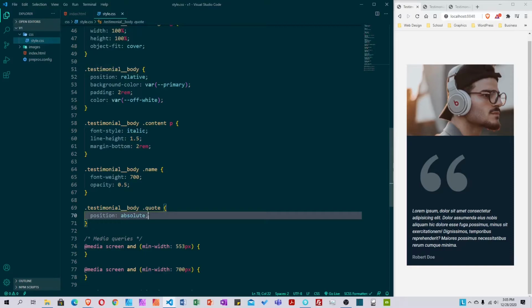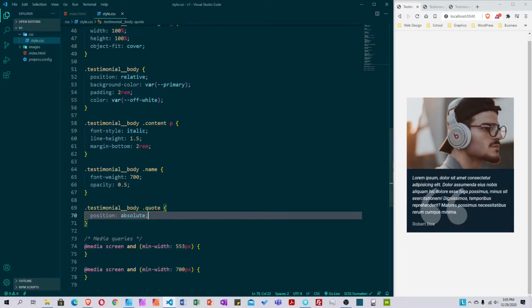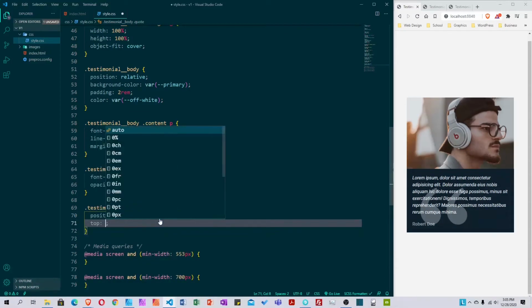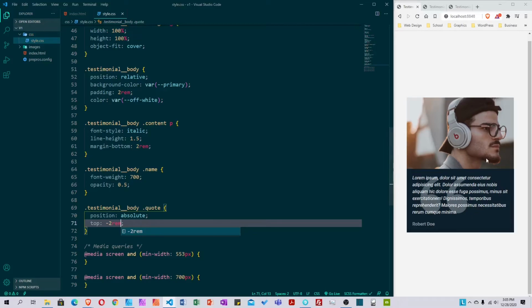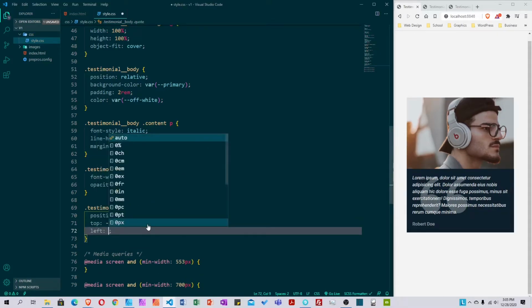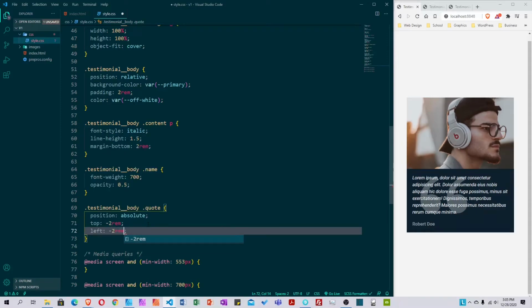If I save this, as you can see, everything shifts. I will set a top to be -2 rem, so we drag it to the top, and I will set left also to be -2 rem. Save it, as you can see. So that's it for the